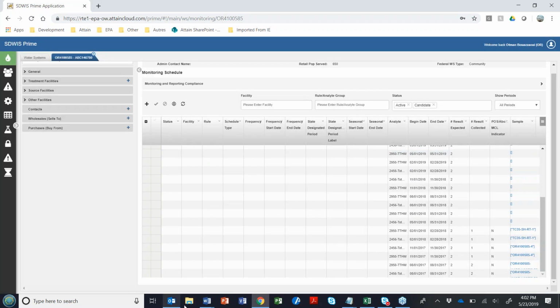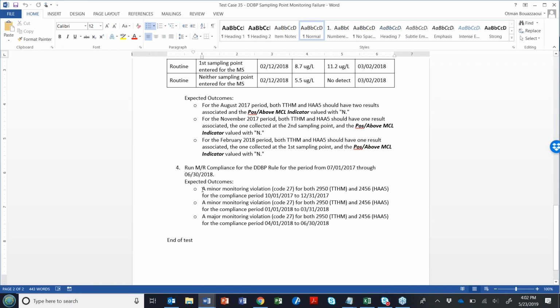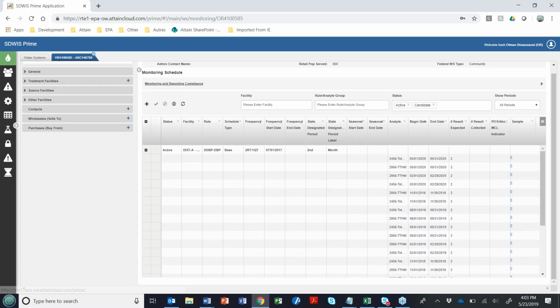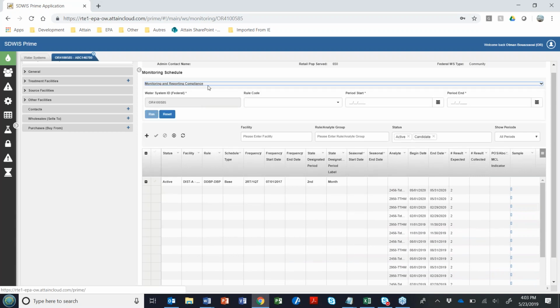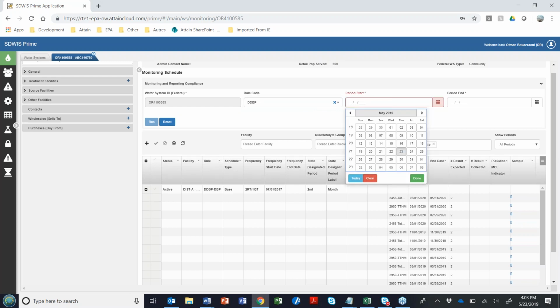All right. Next, we're going to run MNR compliance, and we should see violations created because whatever samples we collected in these 2 quarters, those 2 samples were not collected at the right sampling points. So to run MNR compliance, again, you expand this little area here, select DBP, and we're going to run MNR compliance for, we're going to go from July 1st.